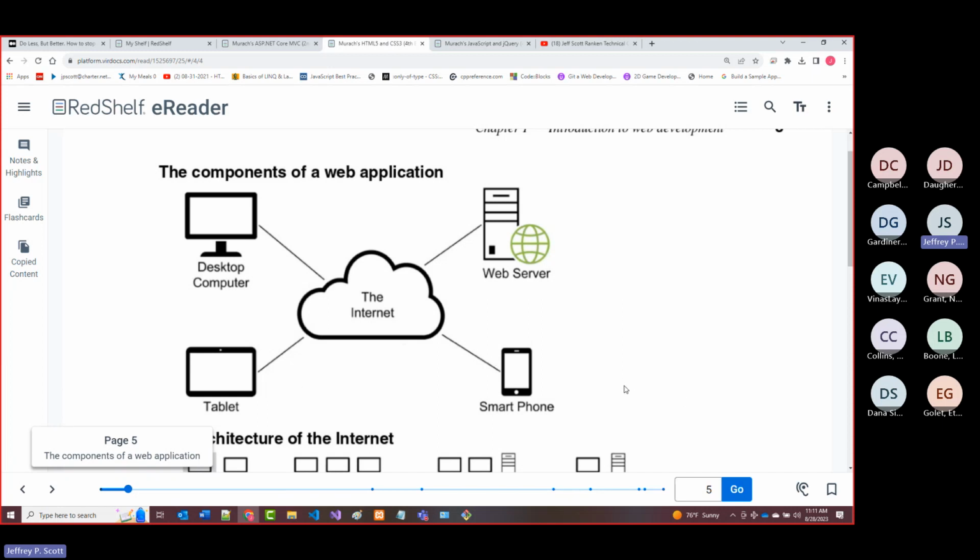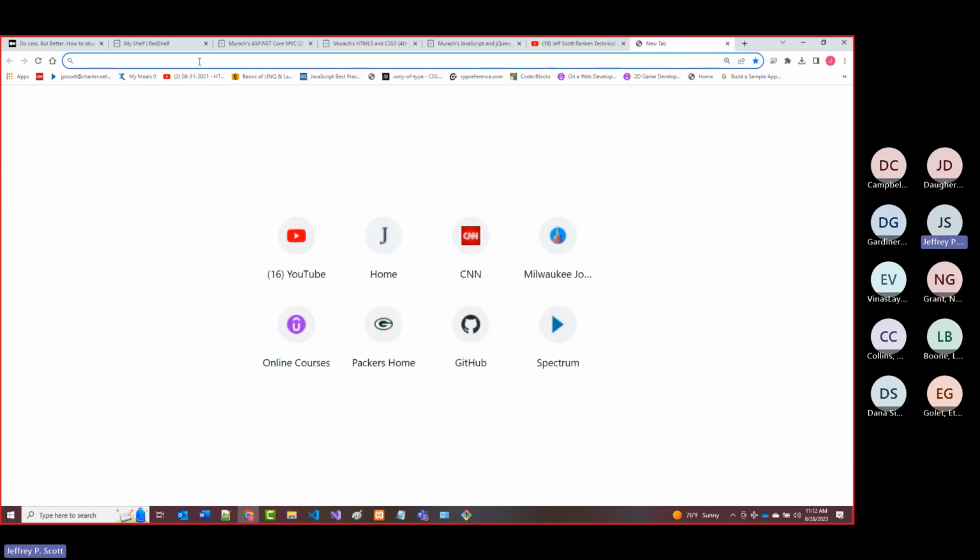But over the last 3 or 4 years, more people now browse the internet using tablets and smartphones than those that do using laptops and desktops. That's not my statistic. It's one that whoever figures out this stuff has put out there. What we typically refer to as the cloud here, there's the internet. So whether you're a desktop, a laptop, a tablet, or a smartphone, you're the user in this picture. So when you come in and I go in here as a user and I type in rankin.edu